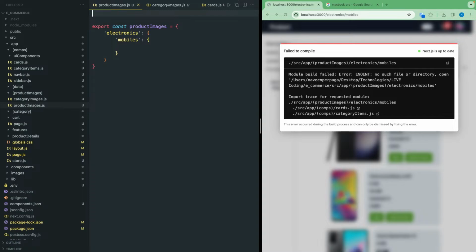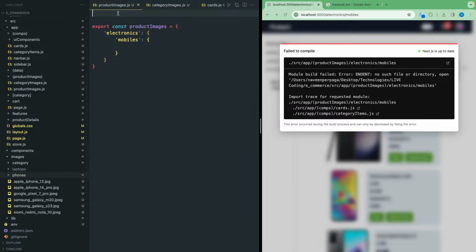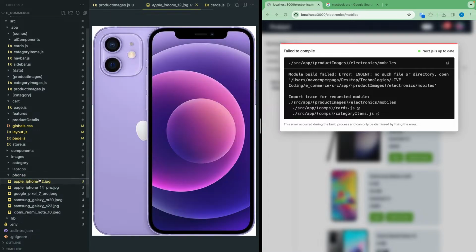So here need to rename it. Let me name it and copy codes,